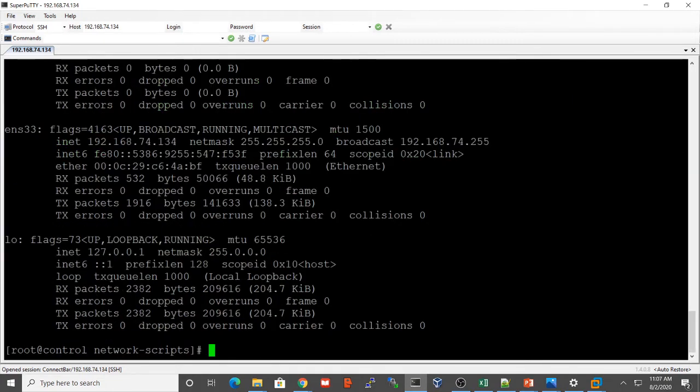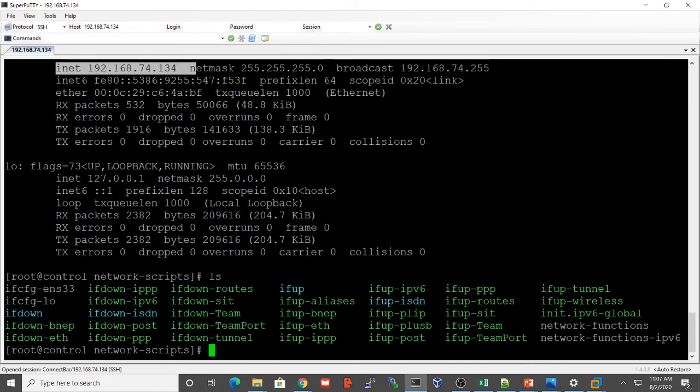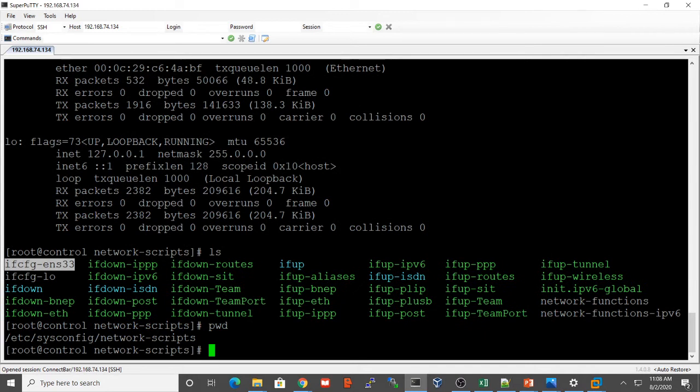Here, this one is for Docker, that is virtual, and ENS is our system's interface. So that is the interface, and then the IP we have given. LO is again local, so ignore this, the local interface is not required. This is the interface file. Under this directory we have these interfaces listed here. If you have multiple interfaces, then we can find them in this location. This is what will be inside that file.